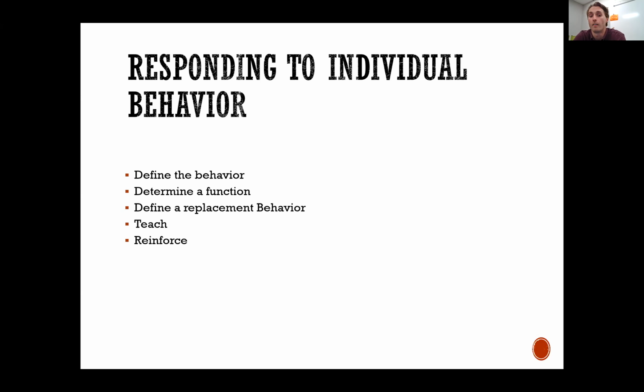Ariana, your question: a lot of my kids know the expectations, but they do not choose to listen to them. The first thing I would ask yourself is how many total kids are in the classroom and how many kids are choosing not to listen to them. If it's a large percentage of the students, then I would say revisit: how did we state these expectations? Are they positively stated? Revisit: was I sure and clear when I taught the kids these expectations? Teach, model, practice are two really good places to start. Because if it's a large majority of your classroom doing it, there's probably still some ways to increase the effectiveness of the classroom expectations before moving into individual intervention.